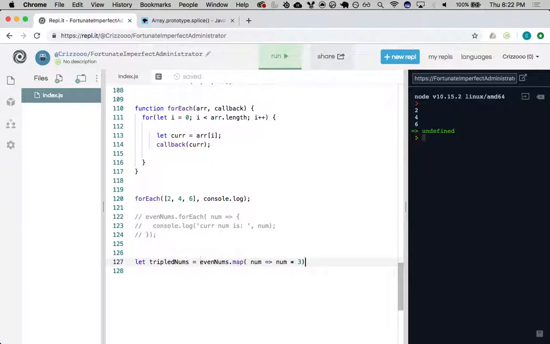So there's another one. forEach is the stupidest one there is because it doesn't really do anything. It just calls a function back. But if we wanted to transform an array, basically what this one says is take each number in an array, run it through this little function. And so in here, arrow function, I can omit the return. Basically, this is saying, take one number and spit back that number times 3. What map is going to do is it's going to give me a new array that has all of the values